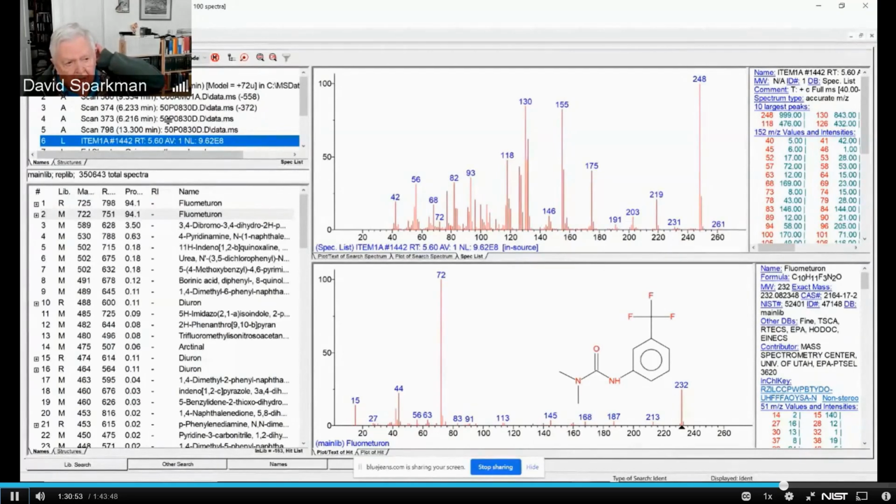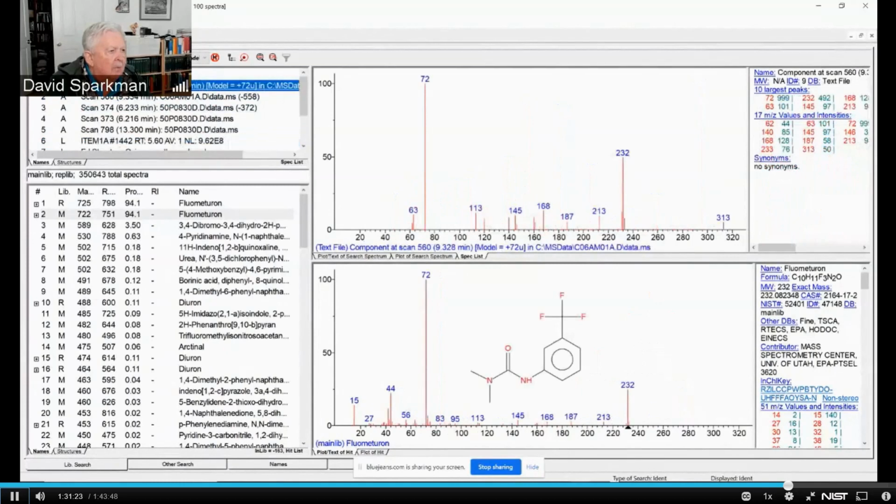If I look at this spectrum, I see that the peak at 248 is a pretty good possibility for a molecular ion peak. So I'm going to take a chance and say that is the difference. And if I come along here and set up my library search parameters,